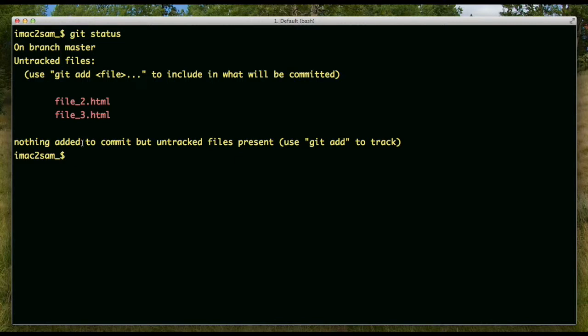Essentially, I'm translating what this actually means. It's saying that nothing's been added to the staging area and there is nothing to commit. In other words, I didn't add anything to the staging area. The staging area is empty. And there are some files which are not even being tracked. And as I said, not being tracked means that they're not in the staging area and they're not in the